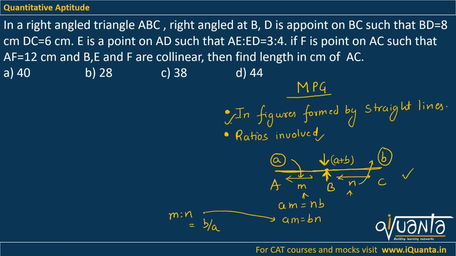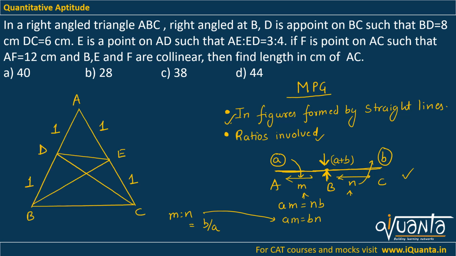So let us learn a basic problem. For example, I have this figure with us, and I have given you the ratios, or you can even say these are the lengths. AD ratio DB is 1:1, AE ratio EC is 1:1, and I tell you to show me the weights at different points, because in mass point geometry we put the weights at points. So how will we proceed?